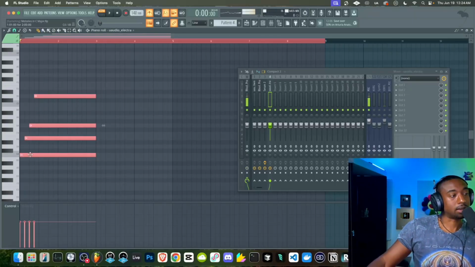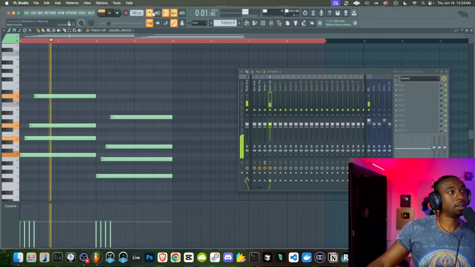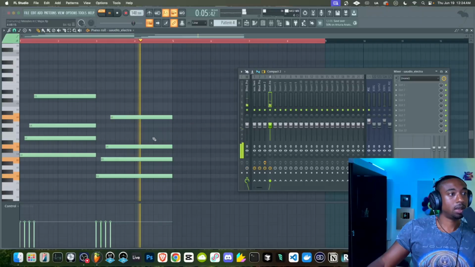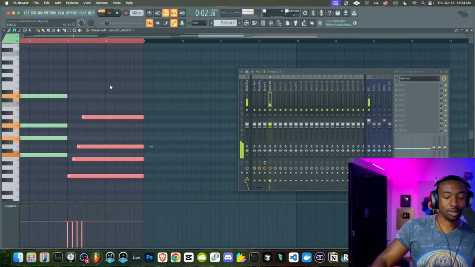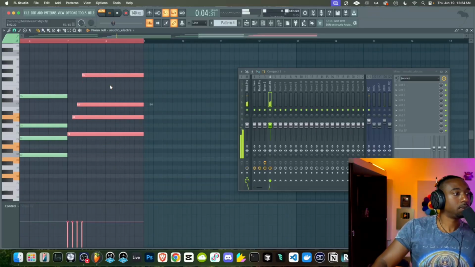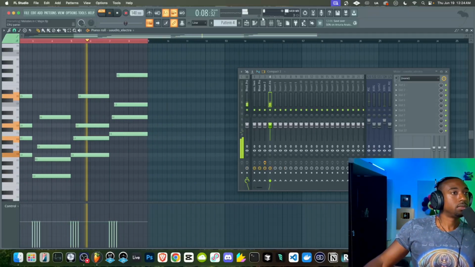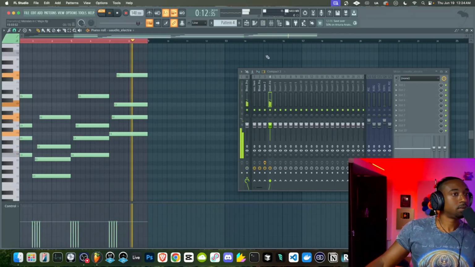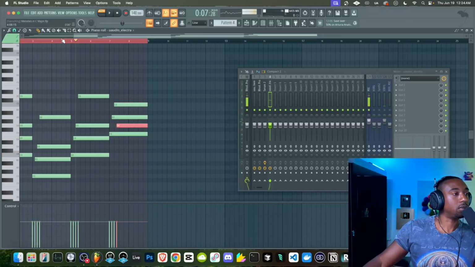So again, like I said, you guys can go down 5 semitones. That'll take you to the 5th. And you can just repeat it. And you can go up 5 semitones. But let's start revoicing these notes because we don't want the chords to be so far apart.